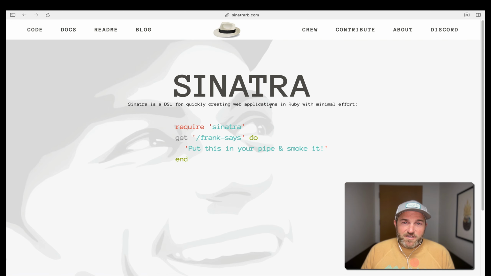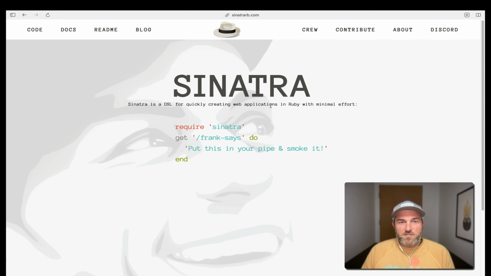For the Sinatra side of things, we're just going to utilize the demo app from Sinatra's homepage, which just has the /franksays endpoint configured. If we can get franksays rendering on our server, then we can call this a success. While the containerization of the Sinatra app for this isn't going to be perfect, and there's definitely going to be some room for improvement, I just want to emphasize that the focus should be on Kamal and not really the